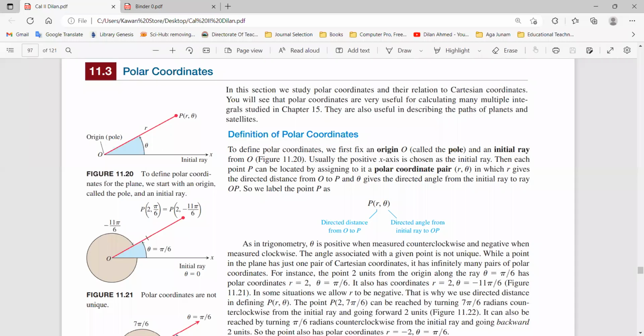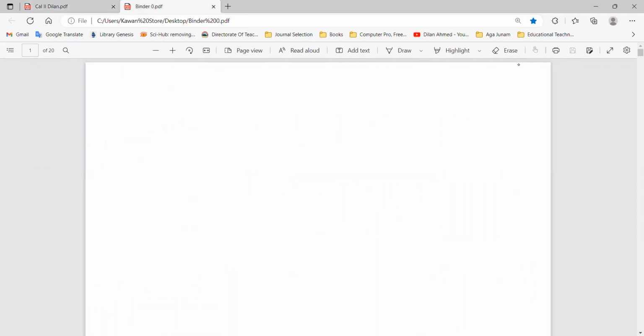Okay. Good morning. Today we are going to finish 11.3, the detailed point-by-point graphing together. If you want to sketch a graph in polar, you need to connect all these points together. If you remember, in the previous lecture, we saw that